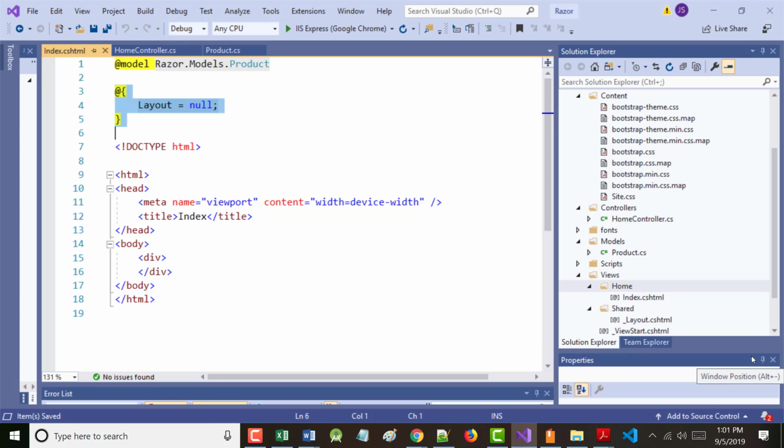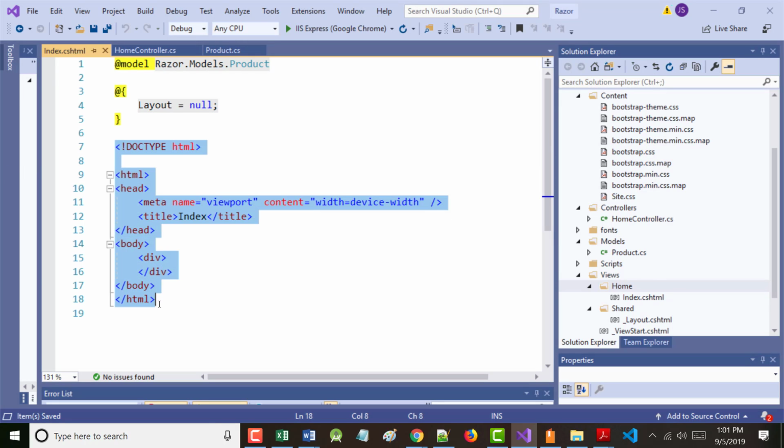That means we don't have a predefined layout we're using here. When I did it the first time and I let that thing be checked, none of this stuff was in here. So when you don't check use a layout file, you get this boilerplate type of template, so you have something there.